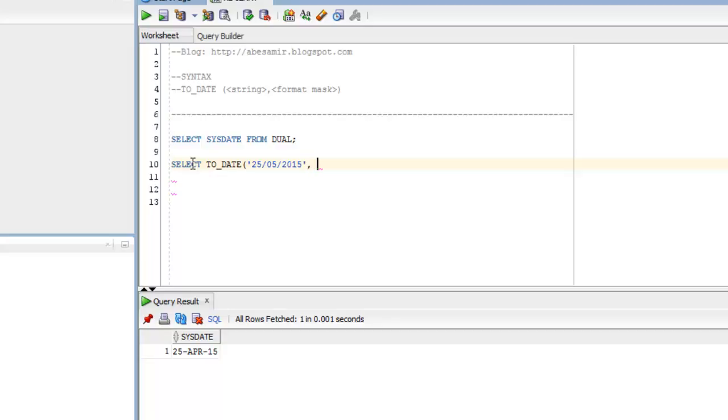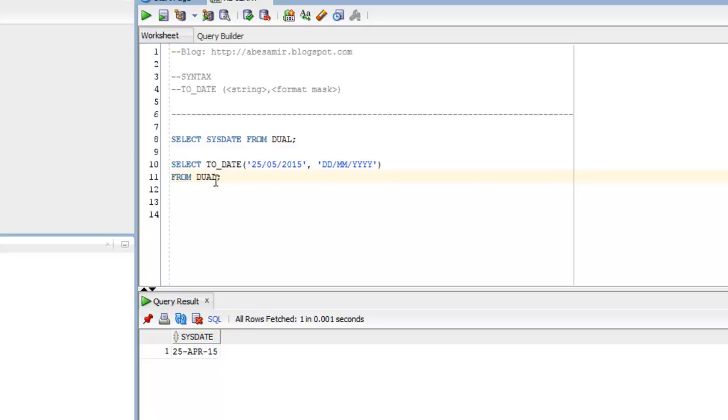Close the single quote, comma, and then the pattern. Single quote again, and in this case, it's going to be day, day, month, month, and then 4 Ys for the year. Close a single quote, close the bracket, and then from dual,